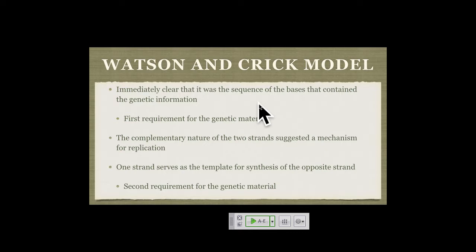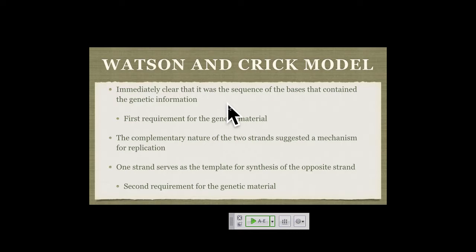Okay, so at the beginning of the chapter, we laid out these three requirements that we were going to have for the genetic material, and why protein really doesn't fit the requirement. But if you look at Watson and Crick's model, you can see that it does in fact fit all three of these requirements. Levine was way off base with his model because he just had this simple little circular model for this DNA.